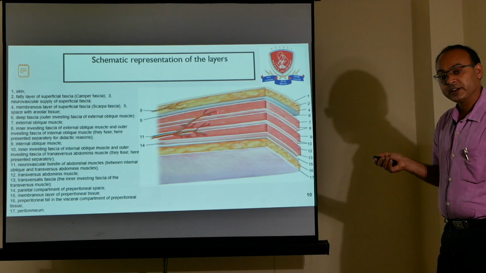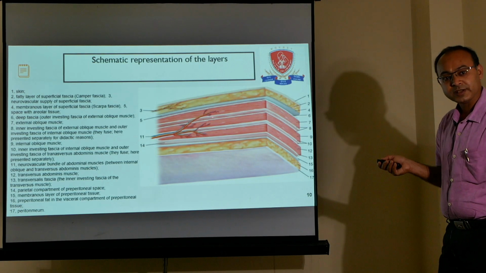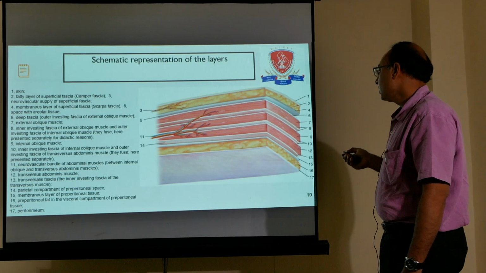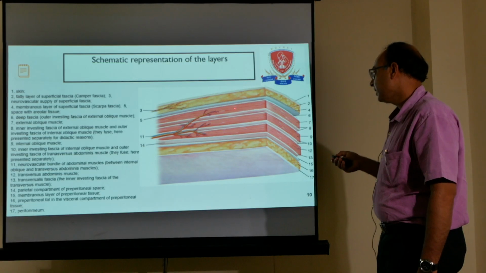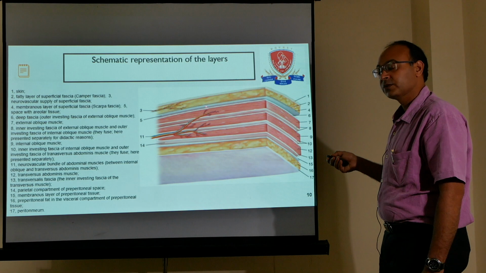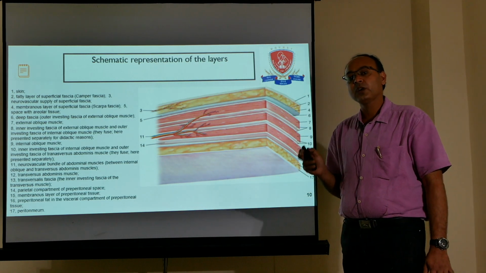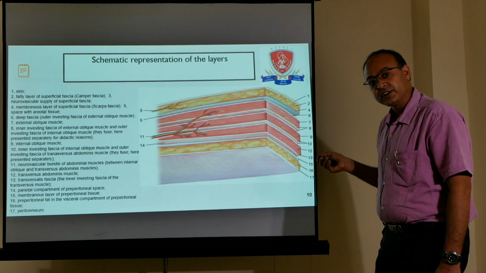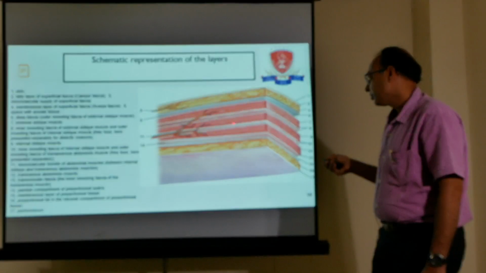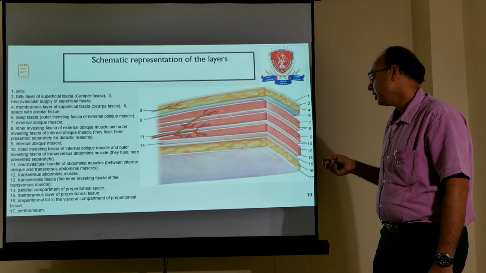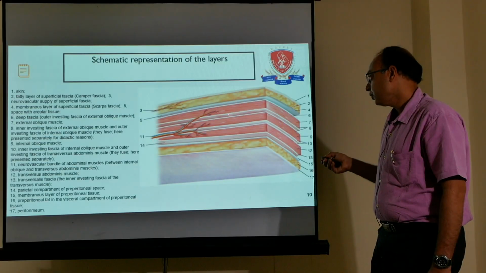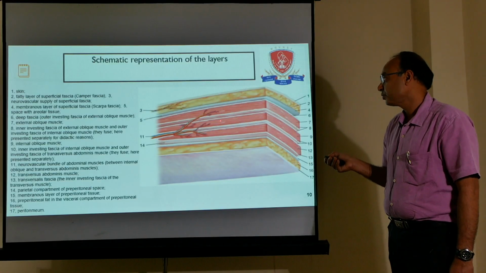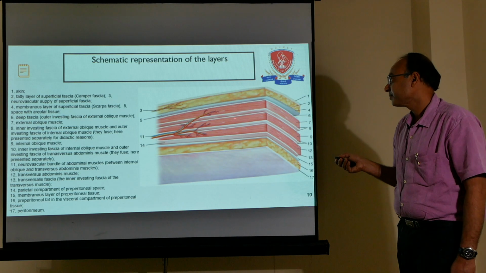There are three muscles in the anterior abdominal wall. They are the external oblique, the internal oblique, and the transverse abdominis. Each of these muscles is covered by fascia or a sheath. No muscle is bare in our body. They are all covered by fascia or a sheath. So the external oblique muscle has an anterior fascia and a posterior fascia. Similarly, the internal oblique has an anterior fascia and a posterior fascia. These two fascia layers are not separate, they are fused together. Here they are shown separately only for convenience.